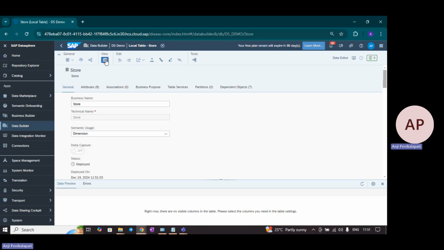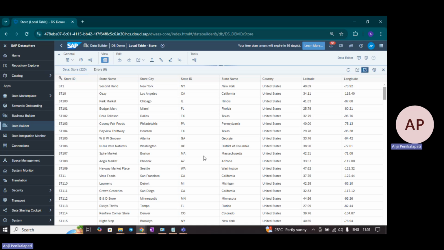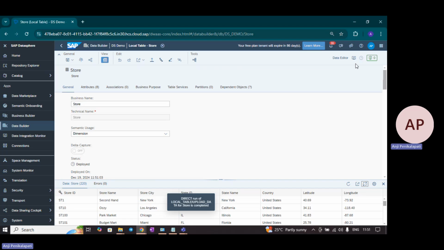Let's look at the data. Can enter full screen. You see the data is uploaded. The rest of the options are similar, like we have seen while creating the sales transaction table. So similarly,